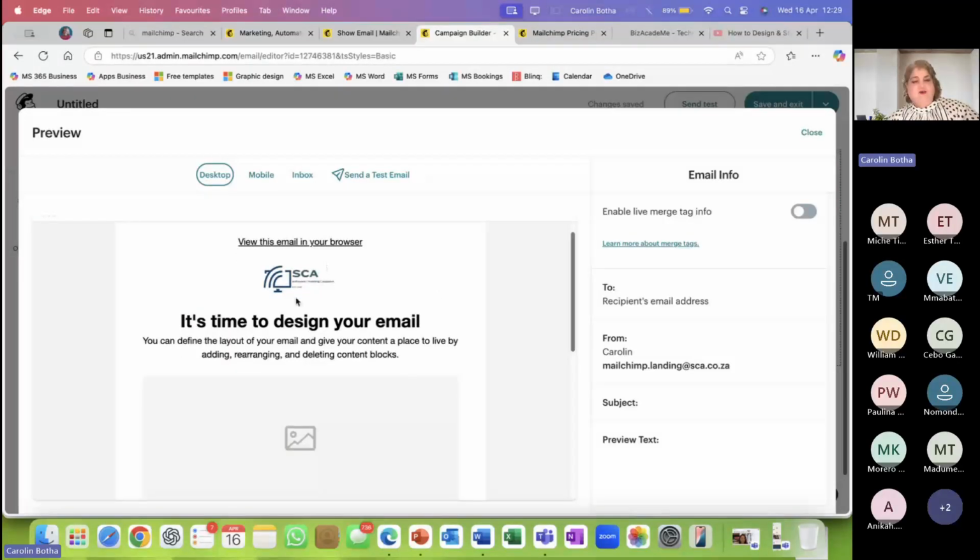Here it is. It has an option where you can view this email in your browser, which means all your audience, all the contacts, will get this email in their inbox because it's an email campaign. They might not be able to see all the pictures, all the images, depending on how the email program is set. For example, in Outlook, and I will show you that when we do Outlook, I think it's next week, not too sure at the moment. I'll show you where to set that your images don't show.